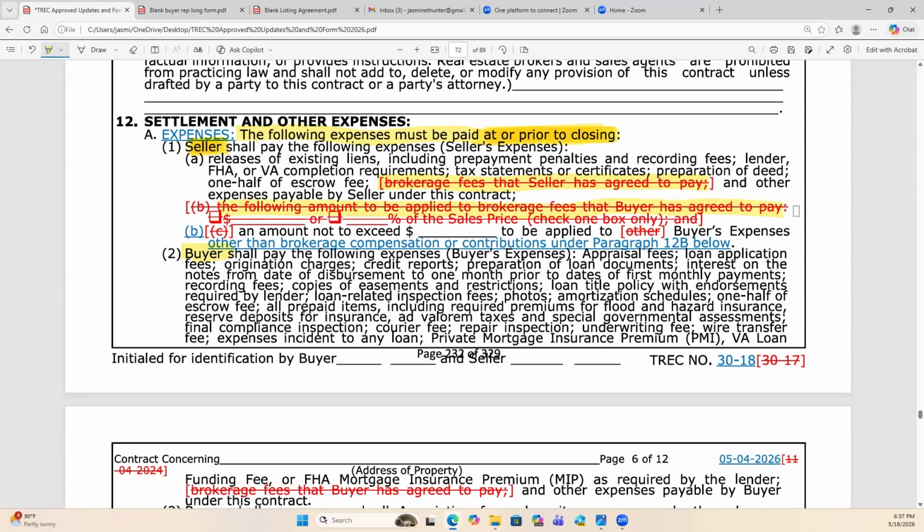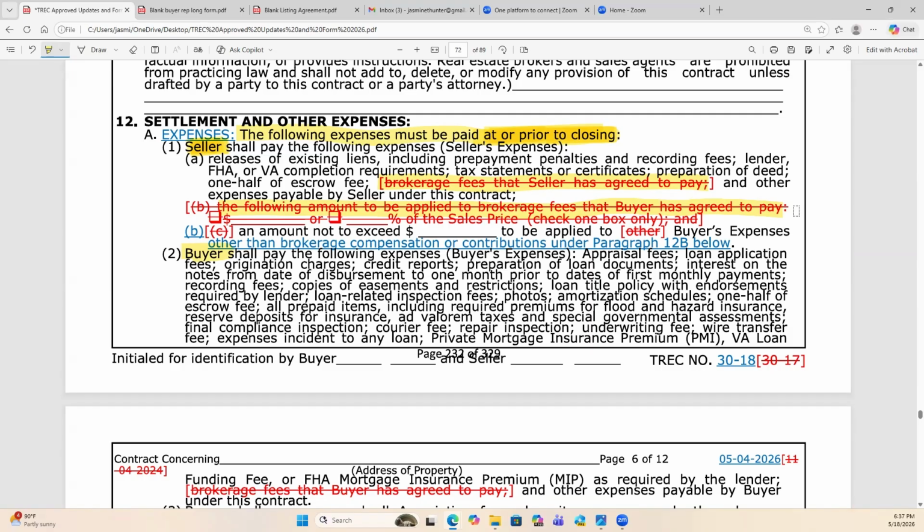Where was that supposed to be at? The buyer agreed to pay your compensation in the buyer representation agreement. And I will show you that here in a second. So this contract is saying the seller is going to step in for the buyer, and whatever the buyer has agreed to pay that brokerage or whatever that brokerage split is, the seller is saying, scoot over, I got you. Let me pay the tab. That's what's in red. That's what it says.